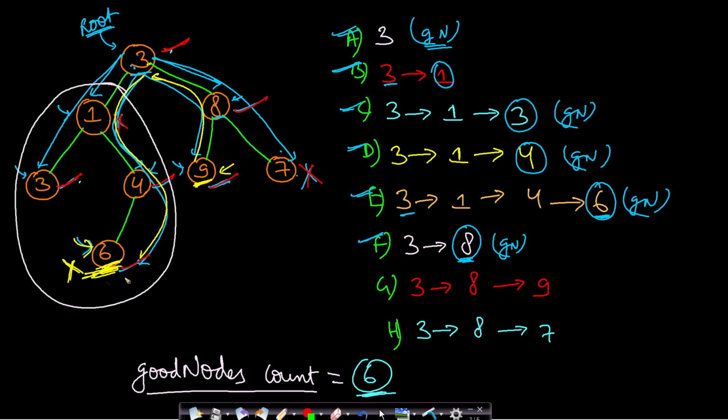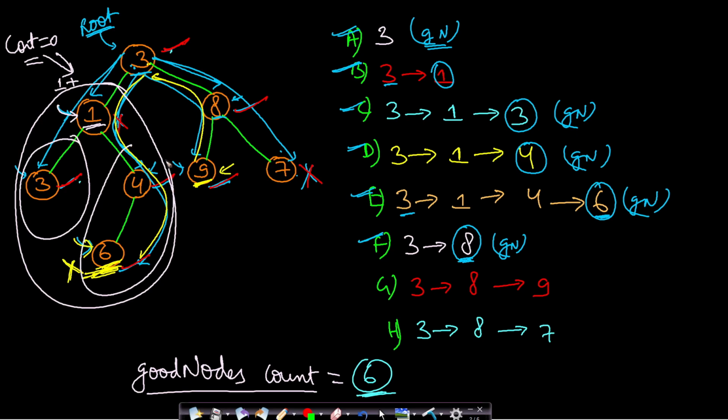So this can be answered like, is 1 a good node? If 1 is a good node, then you will add 1 to the count. Let's say the counter was 0 here, right? Counter for this subtree was 0. Now if 1 is a good node, 1 will be added, right? And then to that, we will take the count of good nodes in the left subtree plus the count of good nodes in the right subtree. So good nodes in left subtree plus good nodes in the right subtree. Okay. So this is how we can solve it.